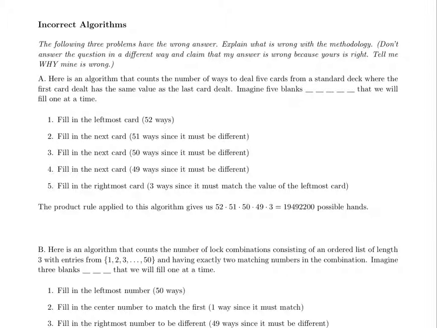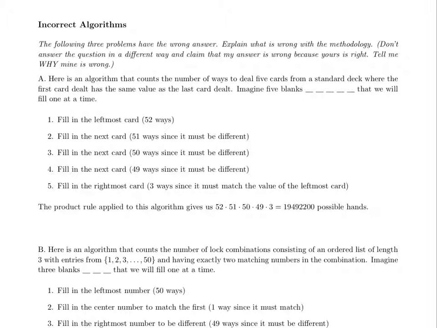The second page of the worksheet from section 5.2 has a number of algorithms for counting that are actually incorrect. These examples of incorrect algorithms come from student work that I've gotten in the past. In each case, I wanted to talk through the way you can tell that there's something wrong with the